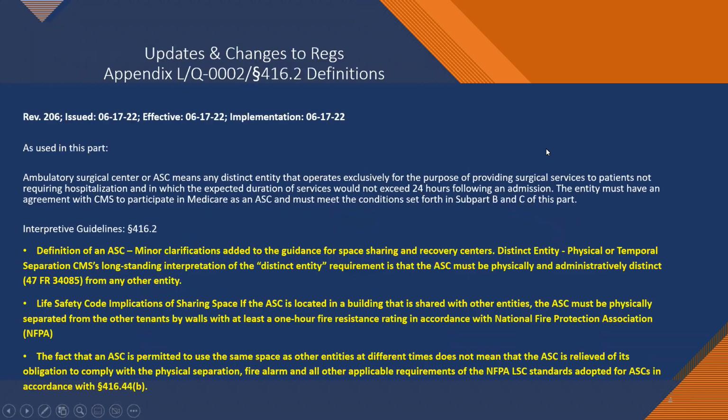Next slide. We're not looking at all of them. We're going to send you the Appendix L guidelines that identify the changes. We're going to review a few that we thought were very pertinent for you. The first one is Appendix L, Q2 416.2 and the definitions, which speaks to the fact that an ambulatory surgery center, or an ASC, means any distinct